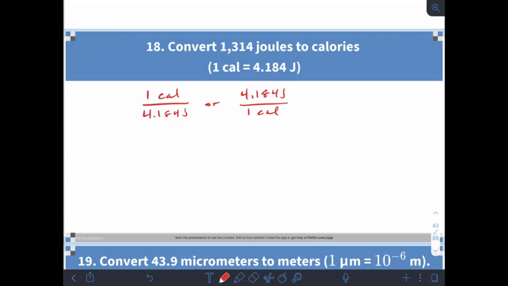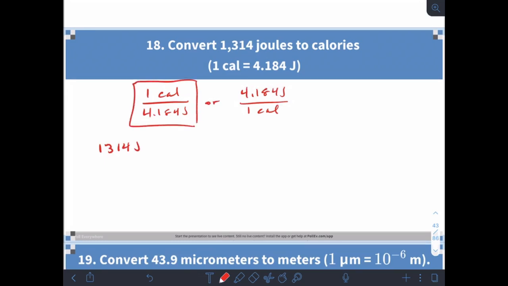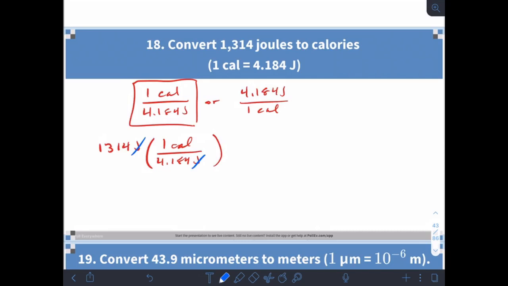So our strategy for doing unit conversions: start with the given information. So 1314 joules. Now I'm going to pick a conversion factor that has joules on the bottom, and that's this first one right here. Okay, so I'm going to say 1 calorie over 4.184 joules, right? Because joules on top divided by joules on the bottom, that makes my joules cancel out and leaves me with an answer in calories, which is the unit that I want. So that equals